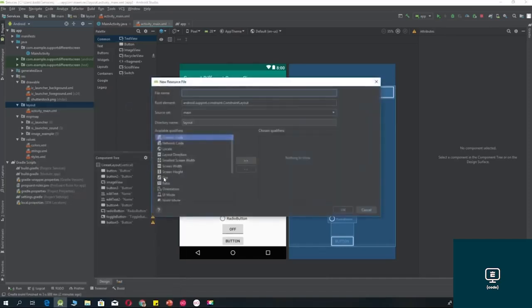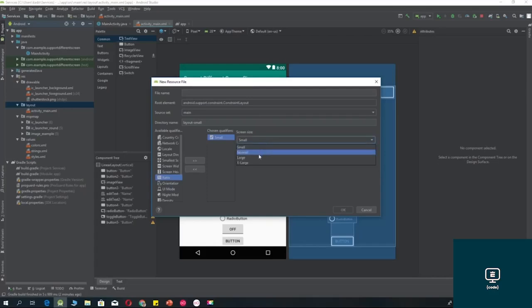In this window, there is a size section, and I'll just select the size and click this forward button. So it opened a new category, and in this category, I can select screen sizes. They're small, normal, large, and extra large. So I'm going to select large,